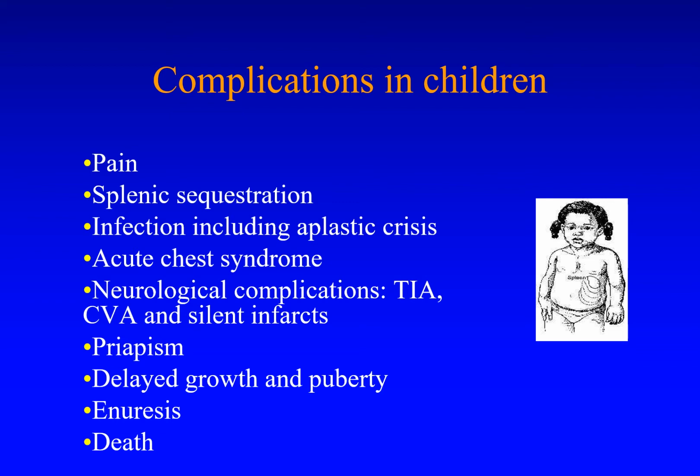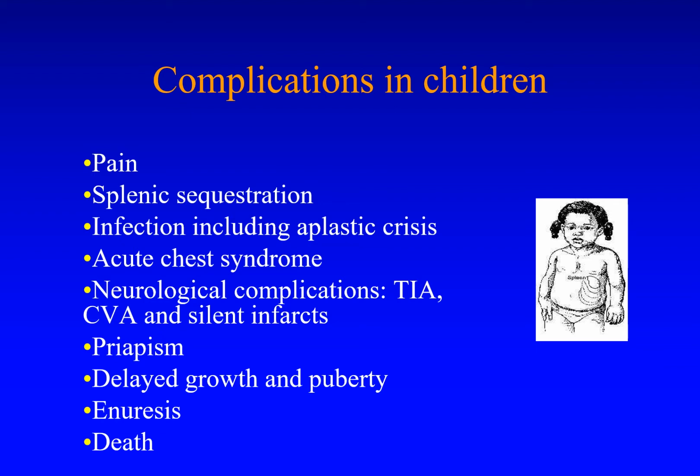So in terms of the complications in children, the most common complication we see is pain, but also that can lead on to chest crisis, which is the second most common problem that we see in children. Younger children can develop splenic sequestration, and stroke used to be a big problem in these children before we started doing transcranial Dopplers as surveillance. The chronic problems ongoing include delayed growth in puberty, but also the problems which they lead on to into adulthood, resulting in renal dysfunction, cardiac dysfunction,